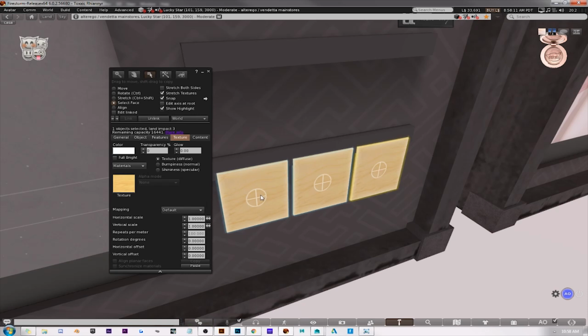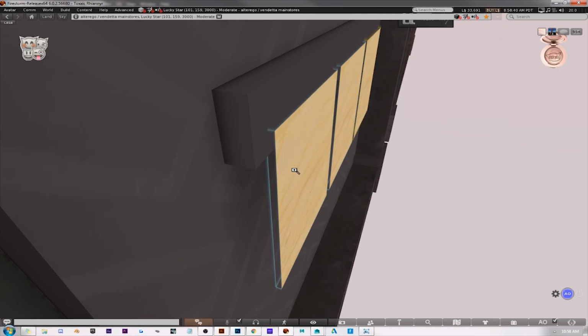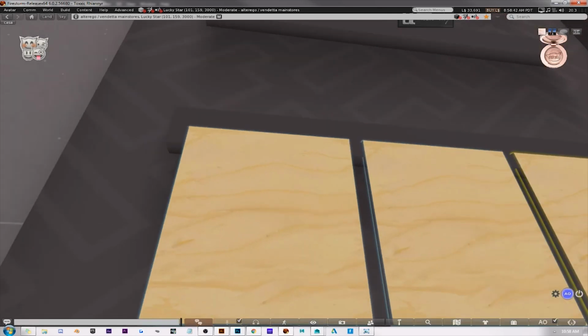So I'm going to press shift, and then I'm going to click the front faces so it takes the little target icon away. So right now it deselected the front faces of these prims and left all the rest of the faces active. So all I need to do is go in here and press 100 for transparency. You can click the next tab, or you can hit tab, or you can just close out. And as you can see, when I cam around,